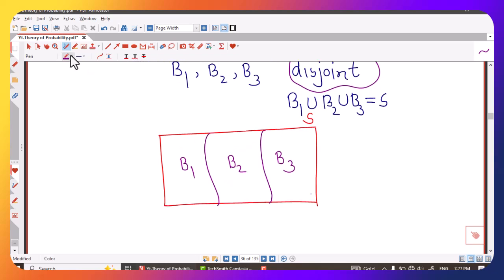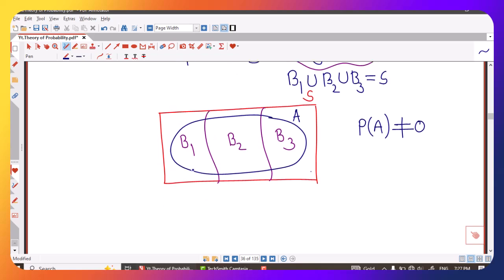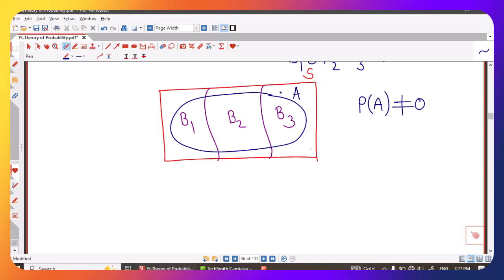Now I consider one more event which is arbitrary event. Suppose I denote that event, arbitrary event, by capital A. So I am taking one more event, capital A, with the condition that its probability is non-zero. That means this event A occurs. Now we can observe that here B1, B2, B3 are mutually exclusive and they are intersecting with event A. So if we observe this part,